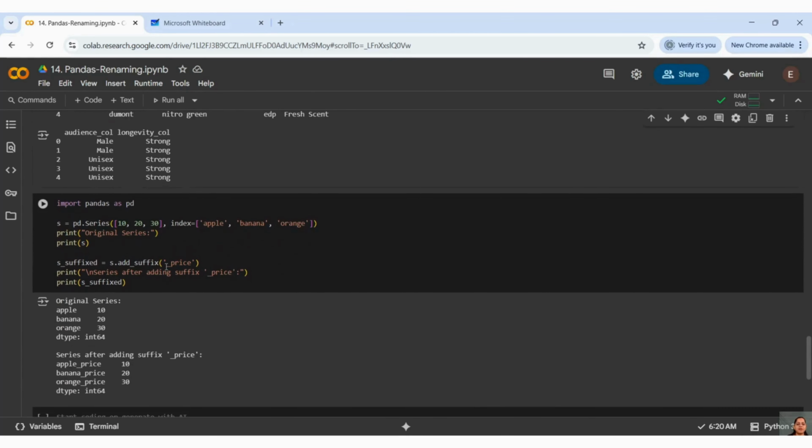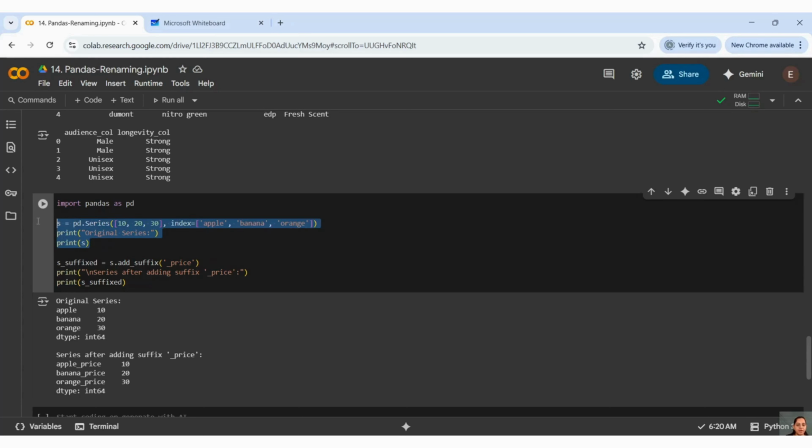And I have taken one example of how to rename or modify the names of a series. So this is one example of a series. I have a series of 10, 20, 30, and I have set my index. I have told you how to set index in series and pandas data frame. The index and the series elements should always match. I cannot take one element less, because both should match in the number of elements of your index and your series or data frame.